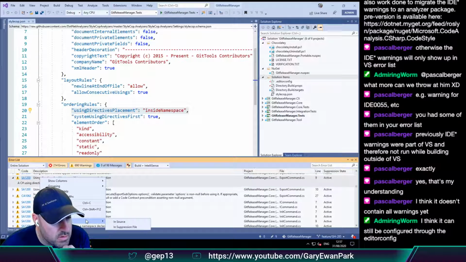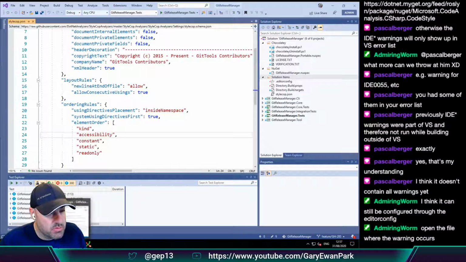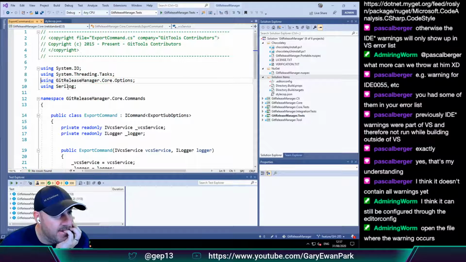Or, I think that is, okay. Open the file where the warning occurs. That's a good idea. So that would be this one as an example. Okay. The ball just disappeared. Oh, there we go.